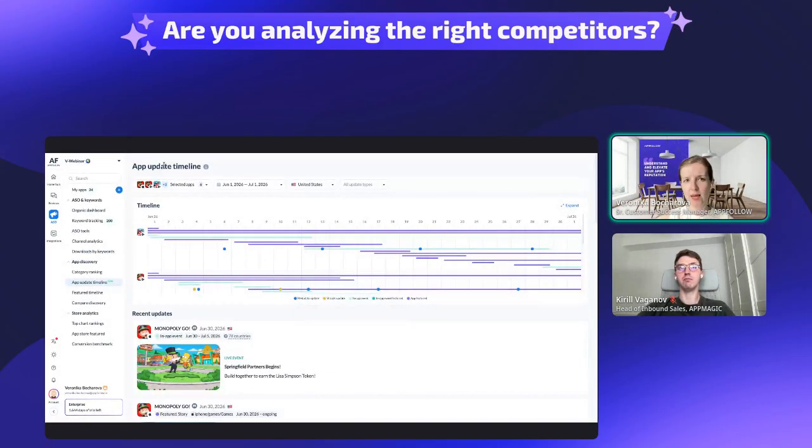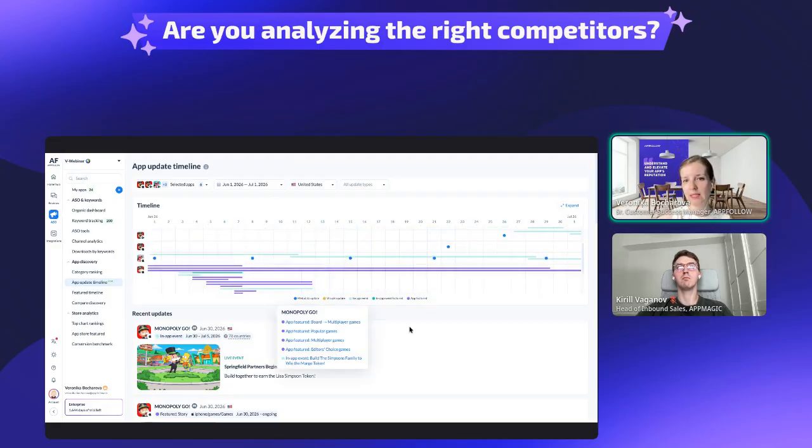It's called the app update timeline because it's actually a way to see the app updates from your competitors and your own app updates if you'd like to follow all of them, to track all of them in parallel. So again, to learn about the fact that your competitors updated a screenshot or they updated a version of the game and they fixed the bugs everybody was complaining about, you can use this tool, the app update timeline, and in general,